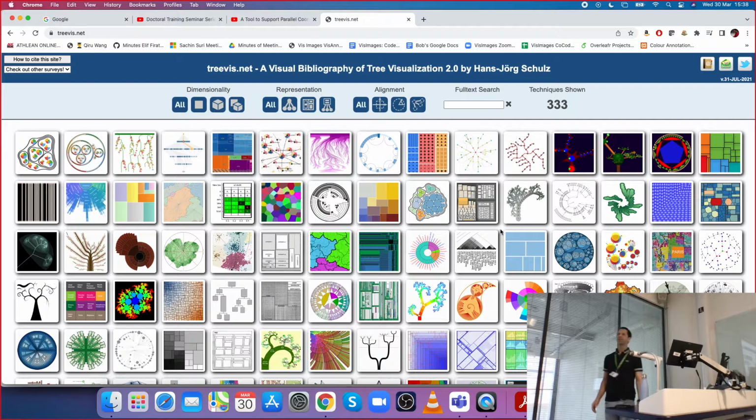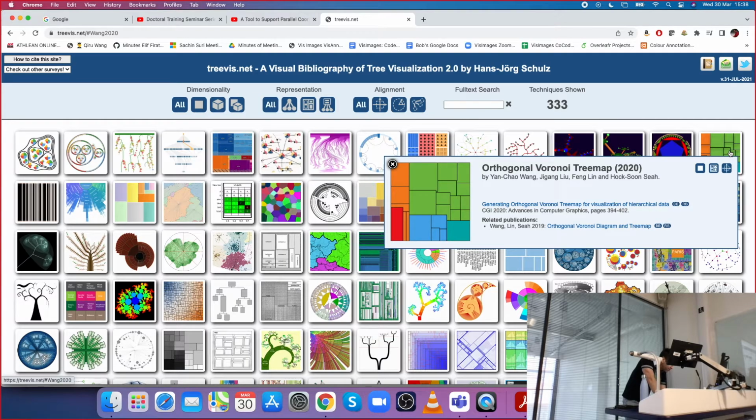Anybody have one that they want to see, that they want me to click on? Let's go to the tree map. There must be a tree map one. That looks like a tree map one. Oh no, Voronoi tree map. Uncertainty tree map. Here's another one. Balanced partition tree map. So you can see lots of variations in tree maps. What is that one? Orthogonal Voronoi tree map. So that's another style of tree map. You can see that there are lots of